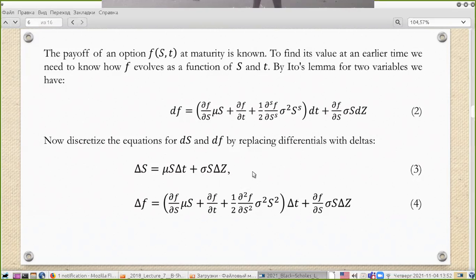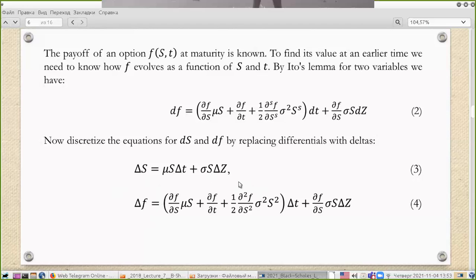We can write the equation as delta S minus mu S delta t equals sigma S delta z. So sigma S delta z equals delta S minus mu S delta t,